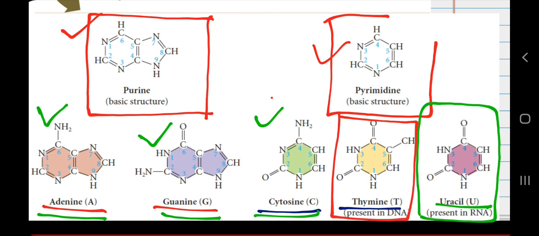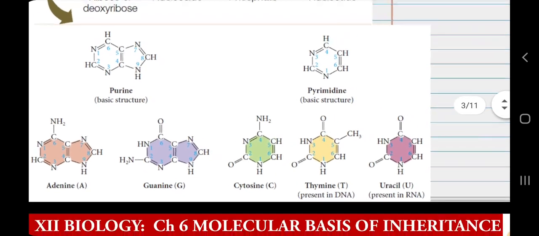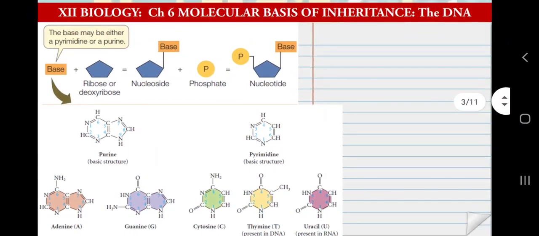So although bases are of 5 types, you are only noticing 4 types of nucleotides in case of RNA and 4 types of nucleotides in case of DNA. DNA lacks uracil and RNA lacks thymine. This is a very simple and elementary idea which you already learned in class 11, but here I have discussed it from the revision point of view.